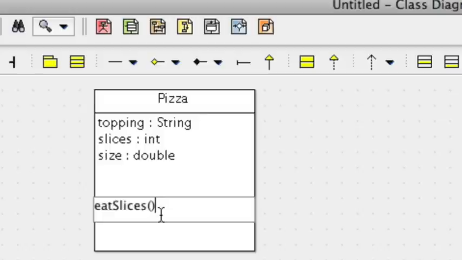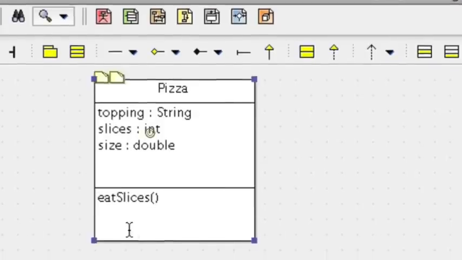Sometimes you'll hear methods referred to as sending messages to an object. In other words, when we invoke a method on an object, we're really sending in a message, and that's a great way of thinking of this as well. So first thing we're going to do is set up a behavior for eating slices. The second thing we want to do is write some specific methods that allow users to look at or view the values that are tracking the properties of our object. So let's go ahead and do that. So I'm going to set up another